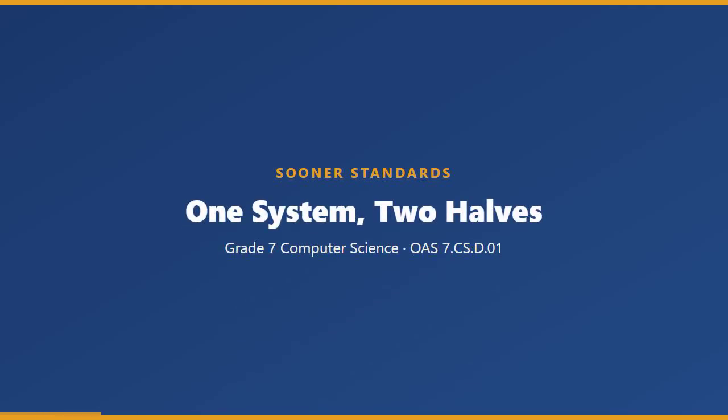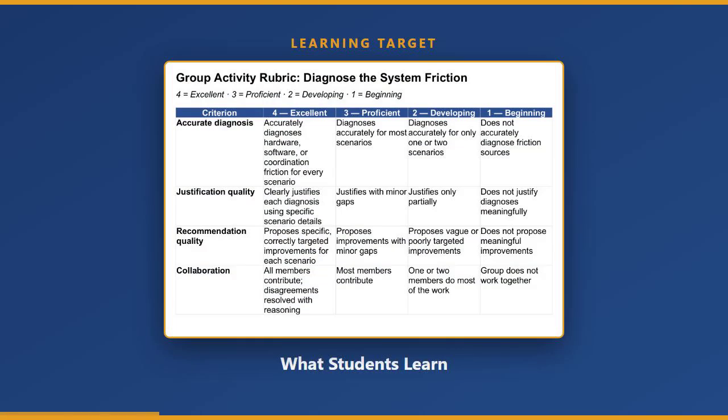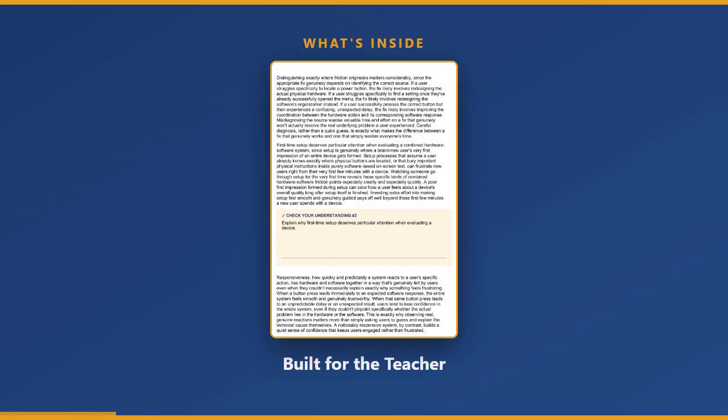From Sooner Standards, Improving Hardware Software Systems for Real Users, a complete Grade 7 computer science unit for Oklahoma Standard 7.CS.D.01, students learn to evaluate existing computing devices and recommend improvements to the design based on how other users interact with the device. Inside, a full teacher guide with pacing, misconceptions, and a scoring rubric, plus a content lesson with